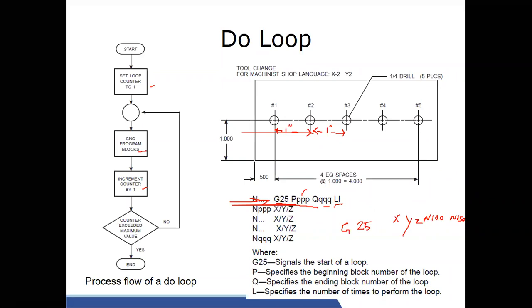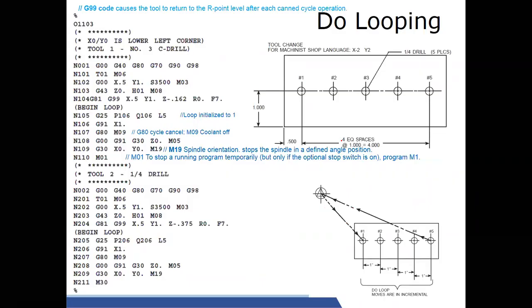And L is defining the number of times. In this case, I wanted to create 5 holes, therefore I can set 5 repetitions. So this is the syntax. By using this, you can make n number of drills. Okay, it is a very simple example. So how it works is, first I am making a small hole, then I am using a higher diameter drill bit, so that I am making another drill. Counter boring also I am doing. So that is the objective.